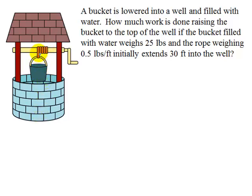So let's go ahead and look if we extended this down, and we'll call this 0, and the total till we get up to the top with no rope is going to be a distance of 30 feet. Initially we'll start out down here and we've got the weight of the bucket, 25 pounds. Weight is a force. It is mass times gravity, so we've already got the force due to the weight